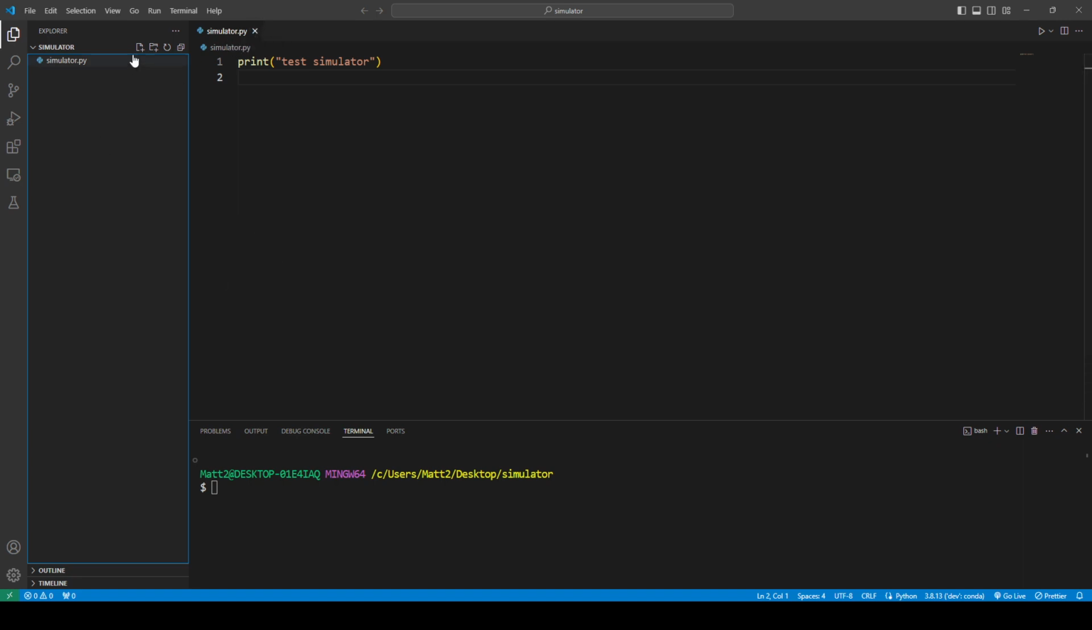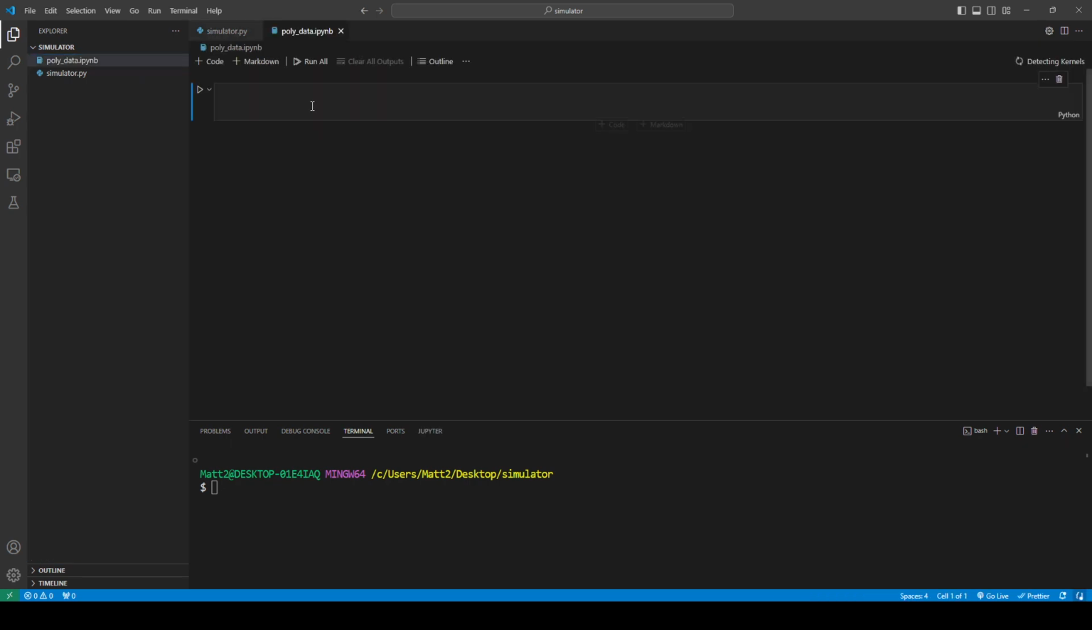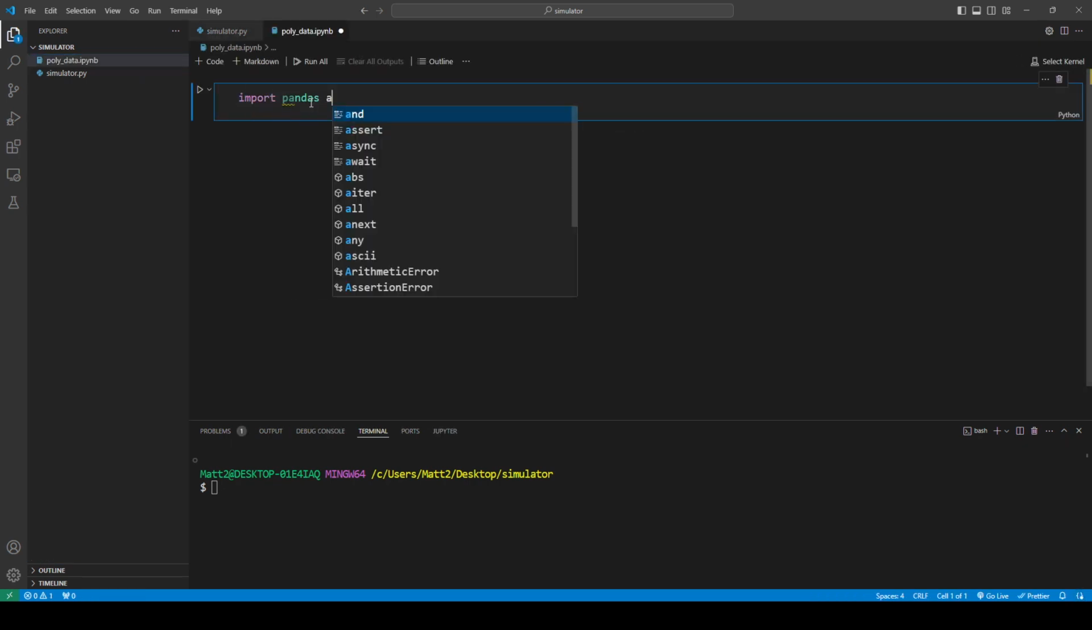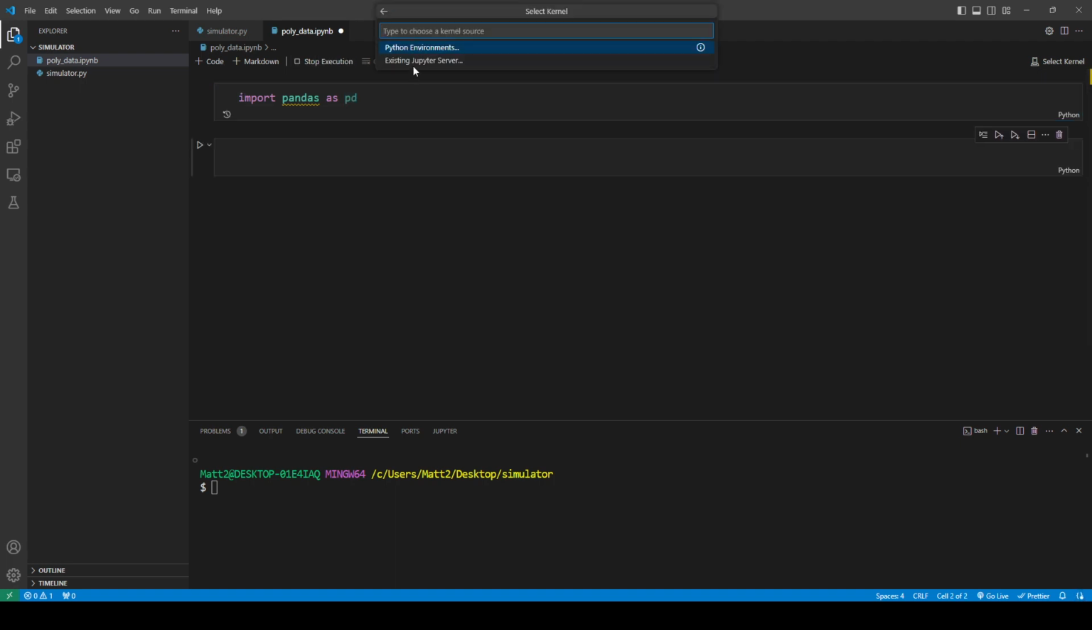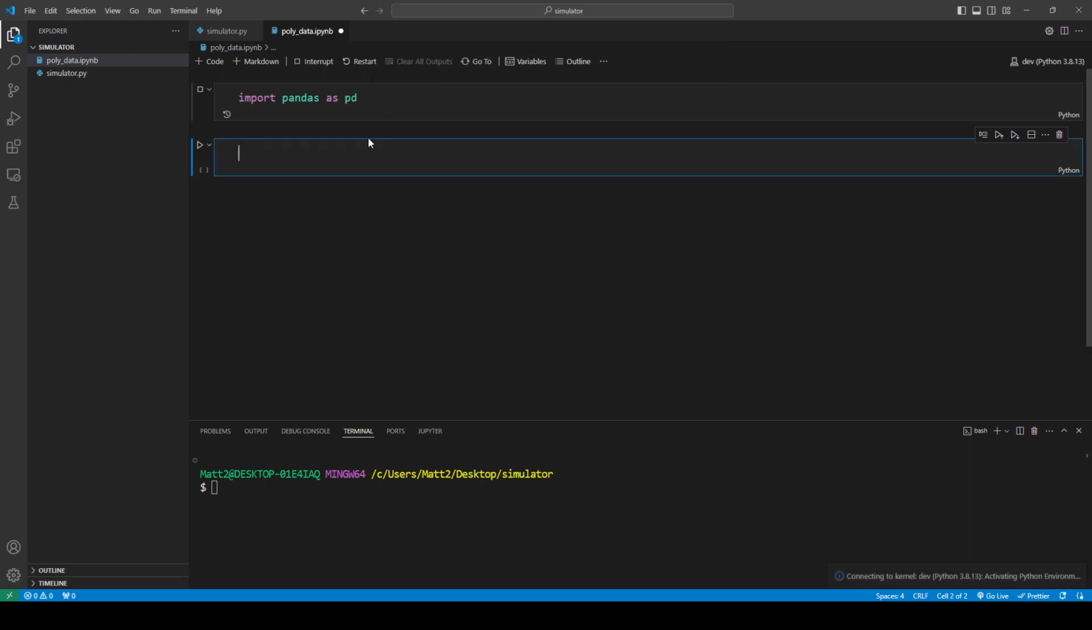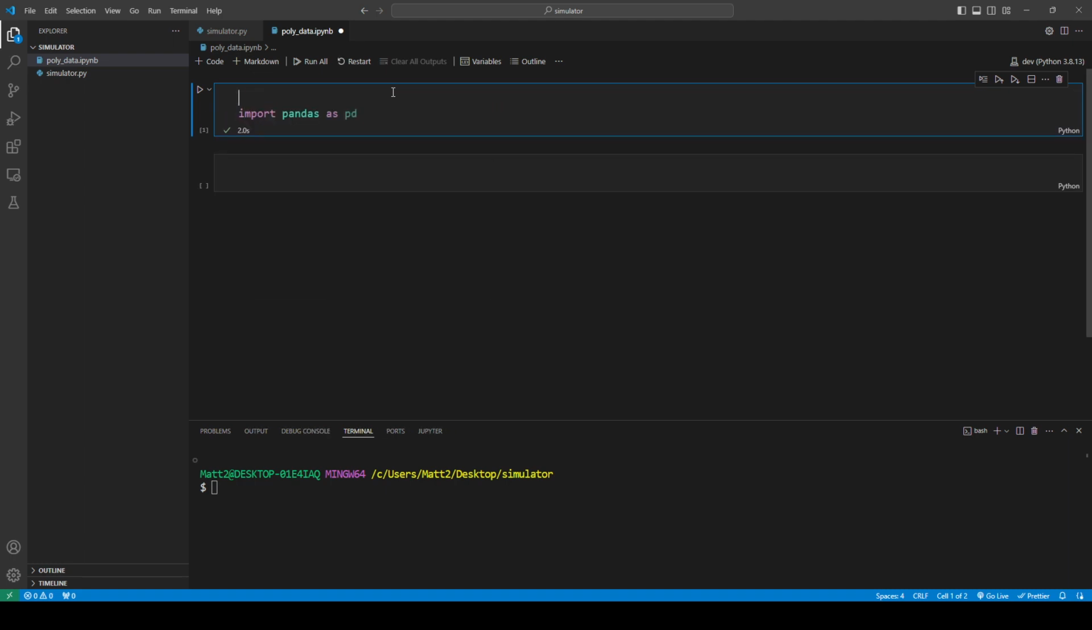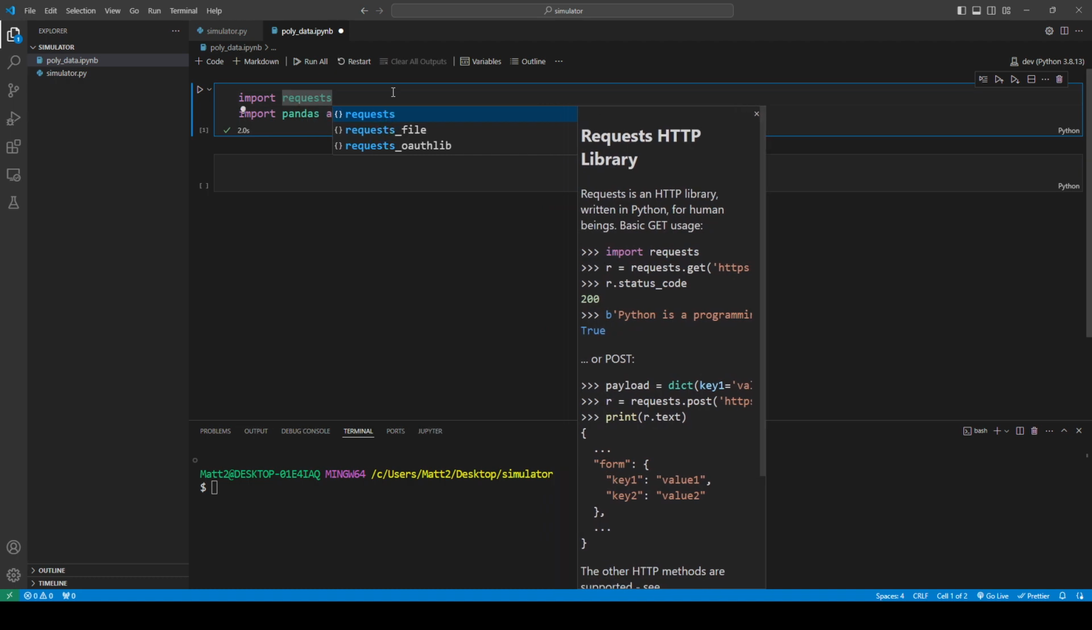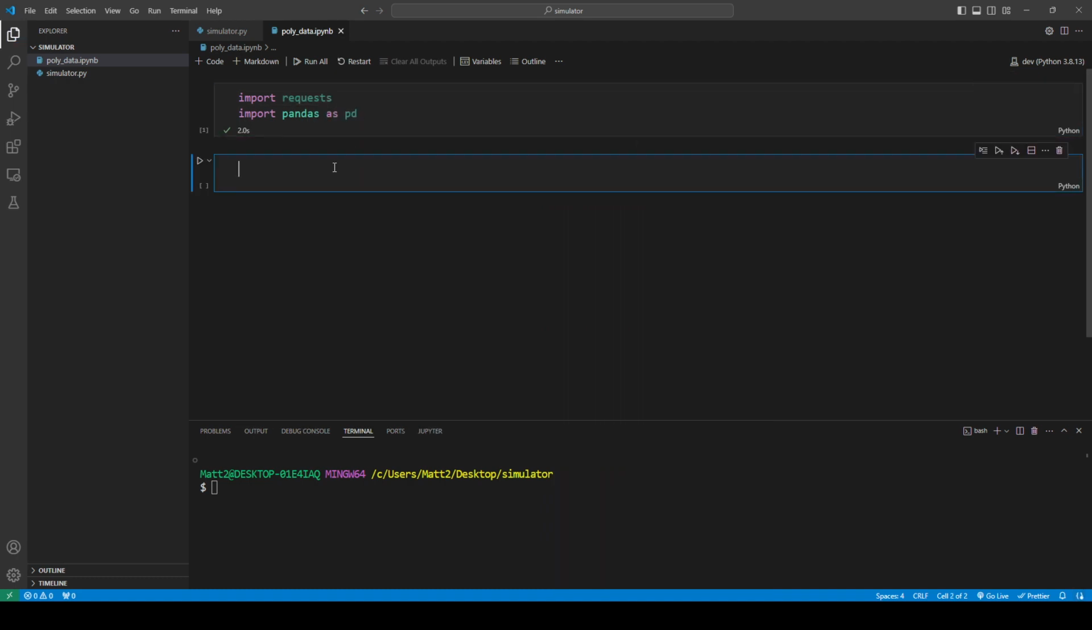Let's see. I'm gonna create a notebook. Poly data dot ipynb. Import pandas as pd. And I think in this environment, or pretty much any Conda environment, comes with requests, which is easier to work with than urllib. Let's see if I have an error here. No. Okay, and then